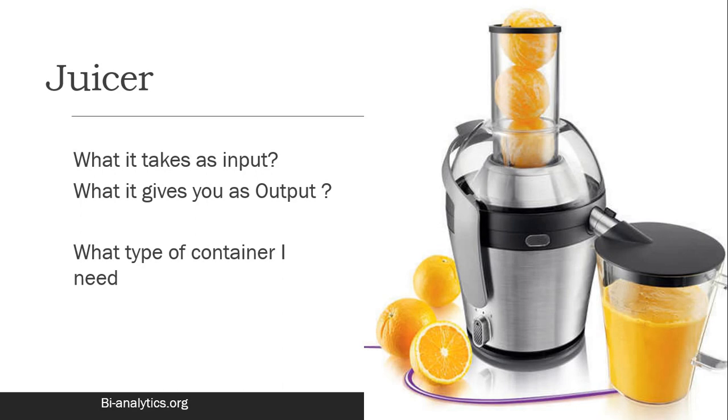So we need to understand, first of all, what type of data, what type of output it is giving. It is liquid. And secondly, what is the size of that output? So size will tell you whether I should take a utensil or a glass will work for me. Can a spoon work for me or a glass will work for me? So it depends on the amount it will give to you.